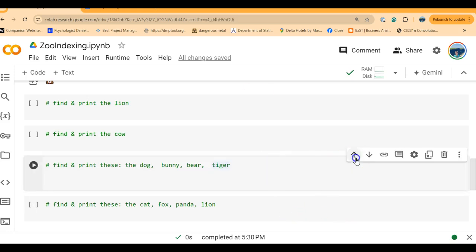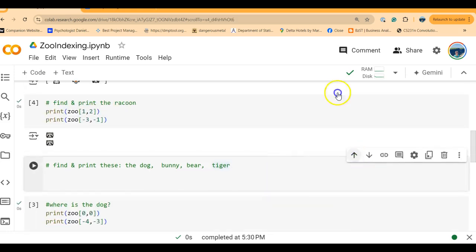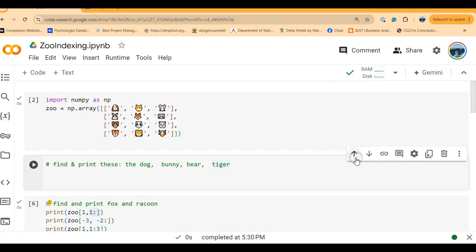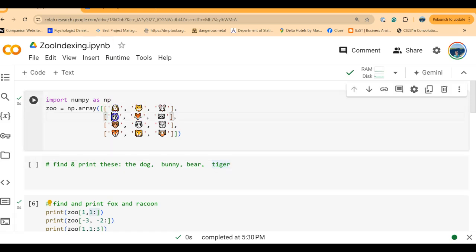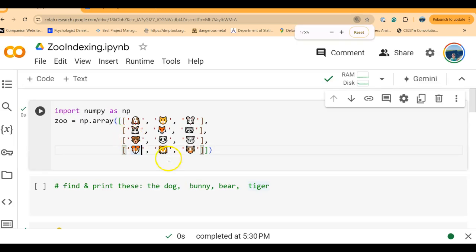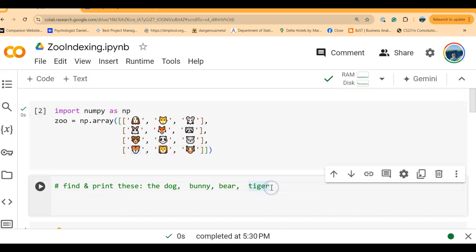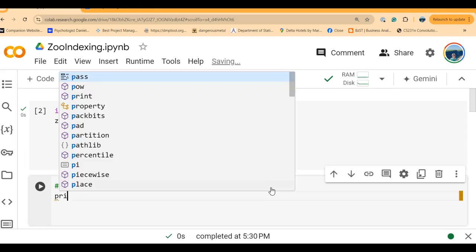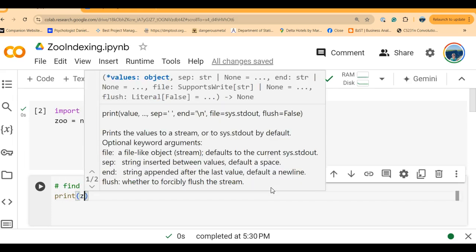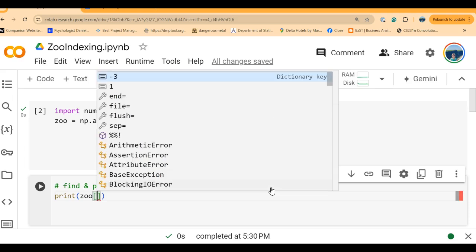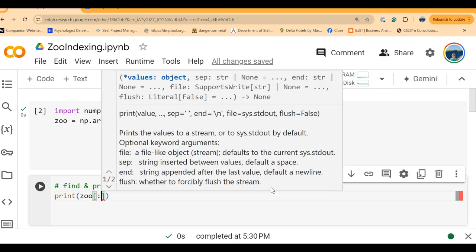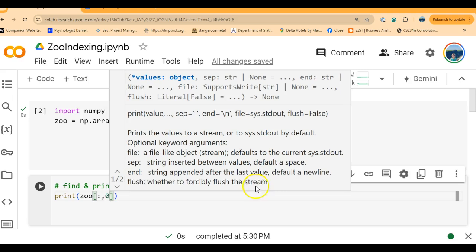So let's move this up so we can practice. So where is dog, bunny, bear, and tiger? And again, if you don't see them well, here they are. Dog, bunny, bear, and tiger, they're all the first element on the second dimension. So they're the first element of second dimension. So that column